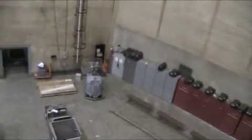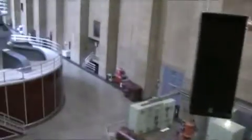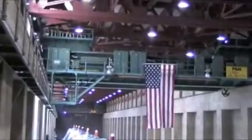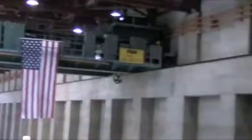Now straight ahead, you'll see the American flag hanging from a crane that can lift 300 tons. Another identical crane at the end of the power plant. They do the heavy lifting during maintenance time here at the plant. At this time, if you'll turn around and look at the floor and the symbols on these floors, right? These symbols are a tribute to